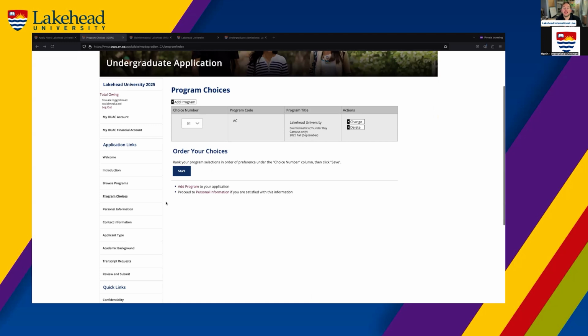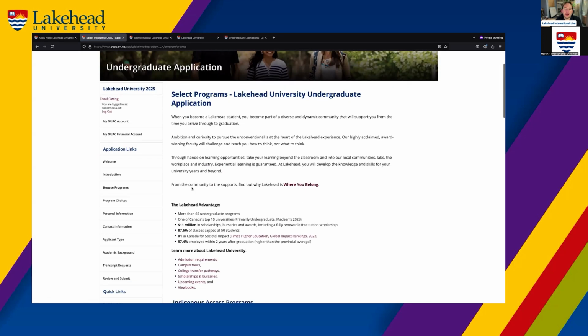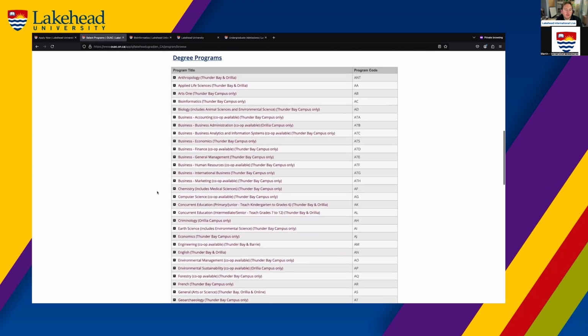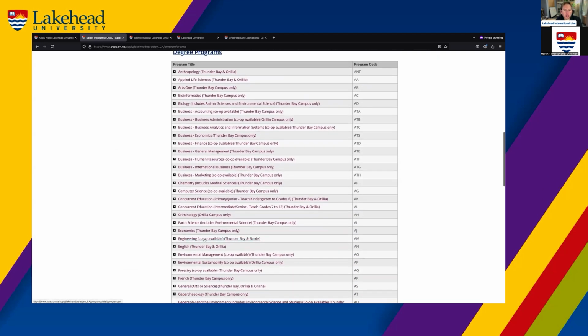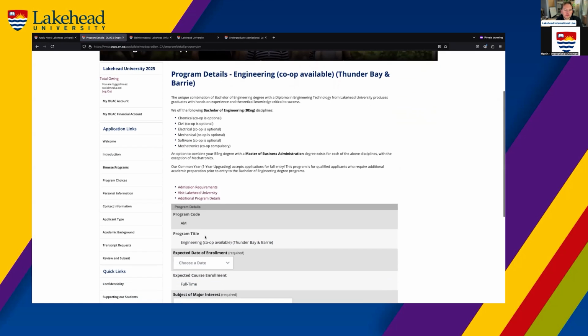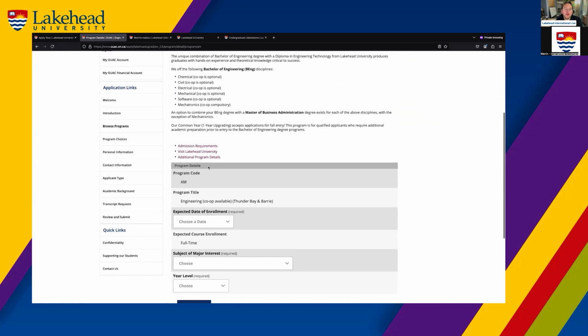As I noted at the beginning, you can select two programs with this one application fee. So we have one added, bioinformatics, here at Lakehead University's Thunder Bay campus. You can go back to add programs to your application here. So if we think to ourselves, okay, bioinformatics, obviously we like some of the STEM related programming perhaps, maybe engineering is a good option for us. So if you click engineering here, it's once again going to give you a wide range of options. And then it's going to give you a few more